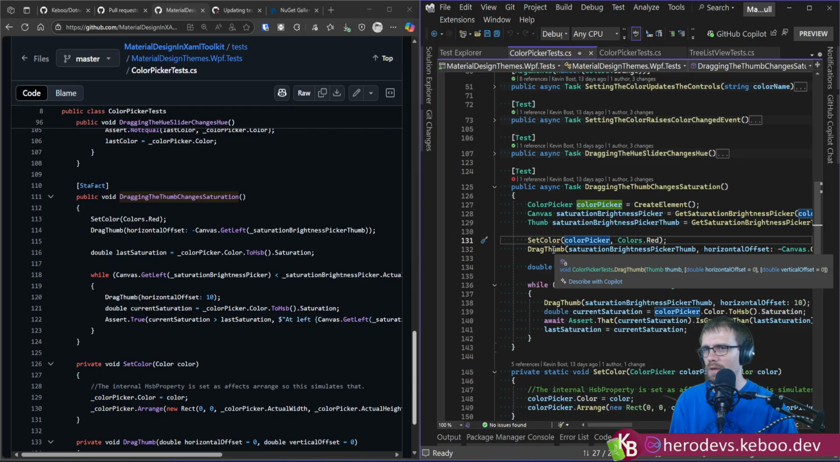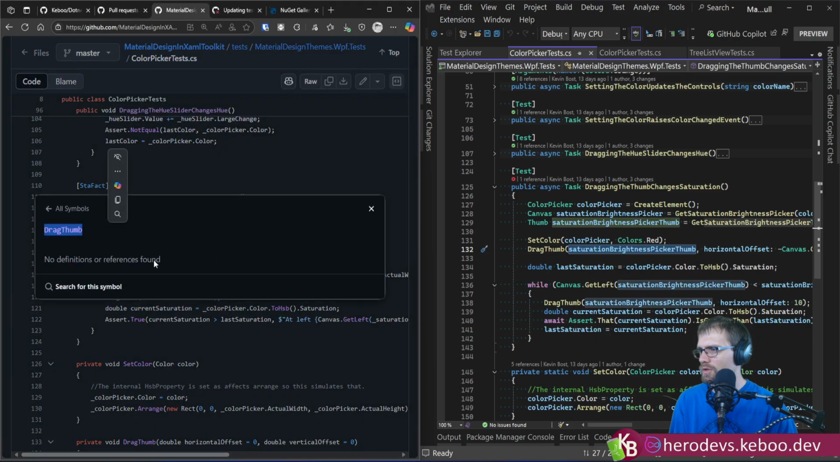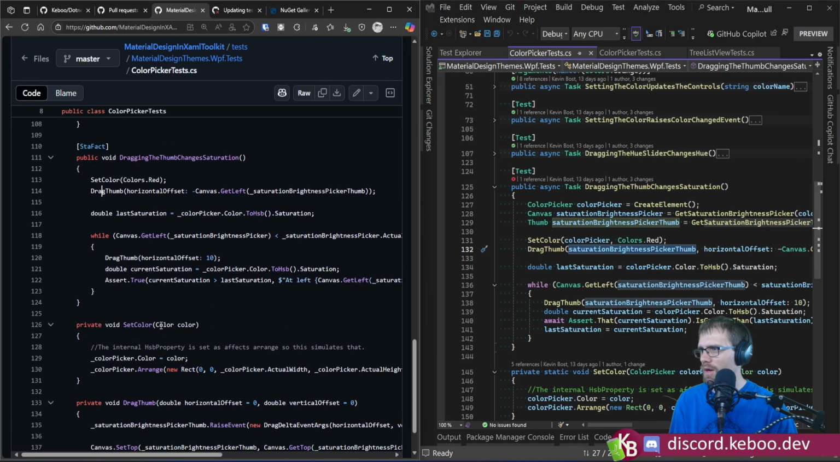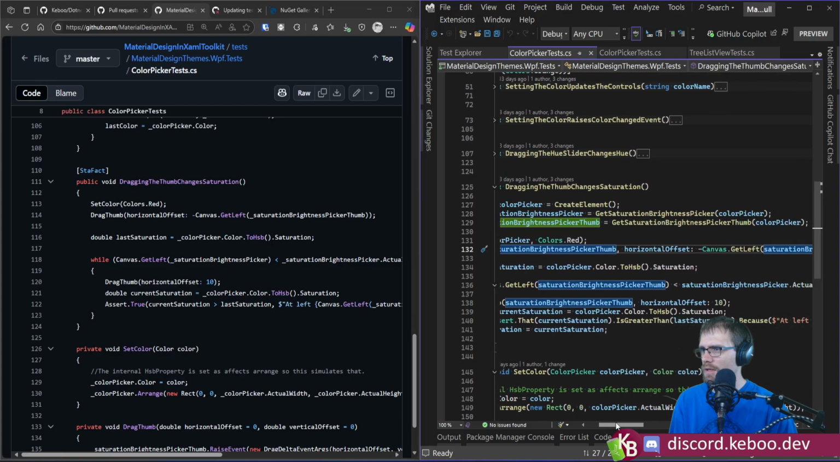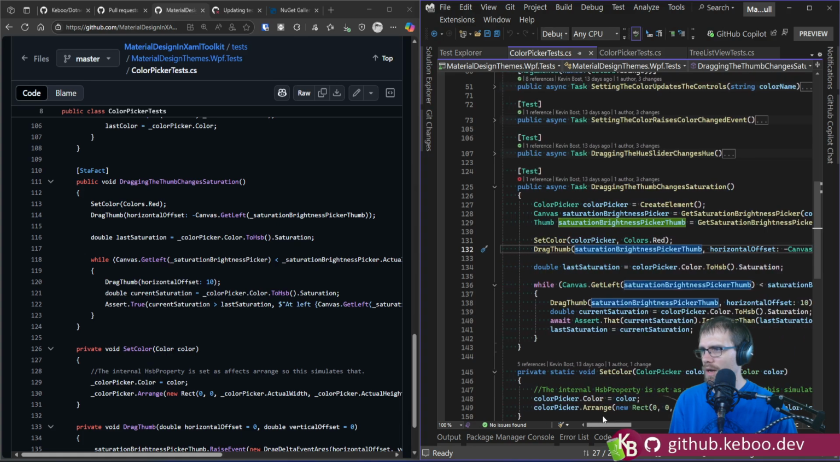And previously, it was able to just use it, and then we injected the saturation one. Because I assume the drag thumb function before was just using the saturation brightness thumb. Great. And then the offset is canvas get left of the thumb. Great. Last saturation